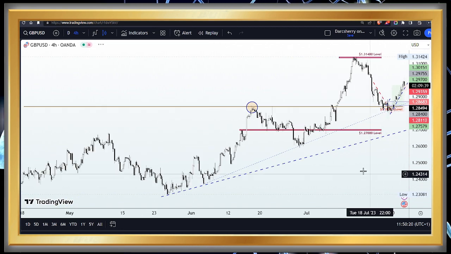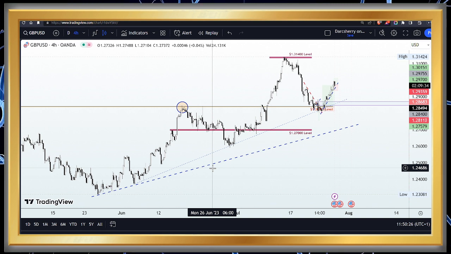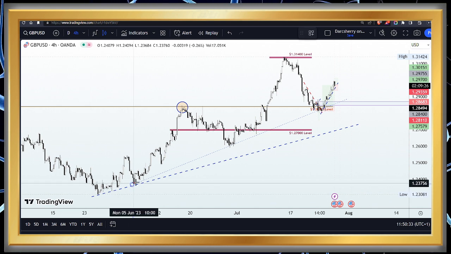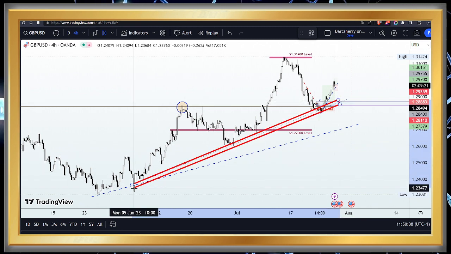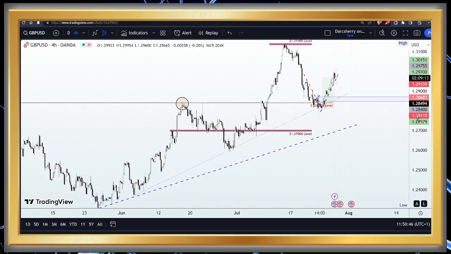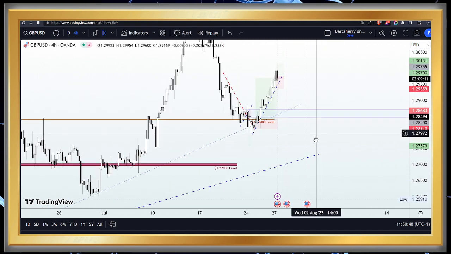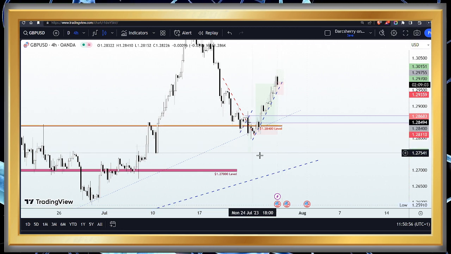Now, at the beginning of the week, if you recall vividly, we noticed that price action has been bullish since the month of June, and in fact we had a couple of trend lines. But the most important trend line here is this one right here, which has been capturing this bullish momentum since the beginning of the month of June. As you will see, this trend line has consistently been respected by the price action. Now, at the beginning of the week, we had a key level along the 1.28400 area, which of course has been a major determinant of price action.